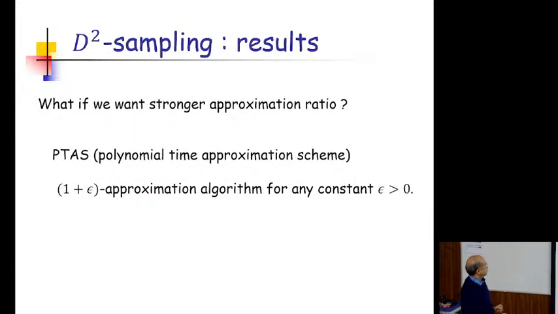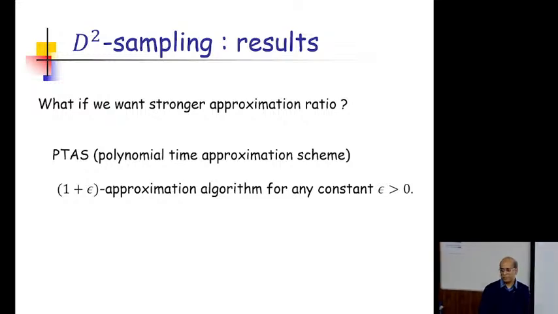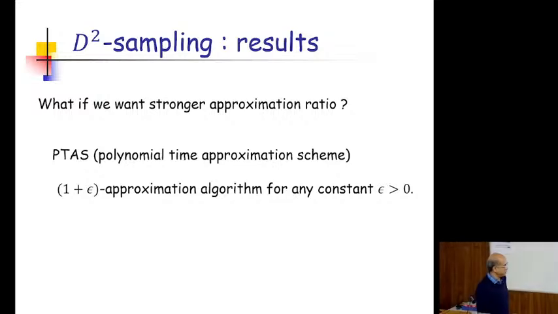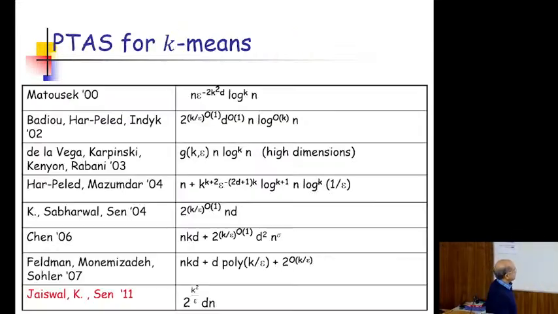Okay, but what we are looking for here is not just a constant approximation, but we want a PTAS. PTAS essentially means that I want a 1 plus epsilon approximation for any constant epsilon greater than 0. And we are looking for an FPT kind of algorithm. So what that means is I will treat k as a constant. So I am looking for an algorithm which has a running time of the form, let's say, exponential in k and epsilon times polynomial in n and d. So I want a polynomial time approximation scheme which has this guarantee.